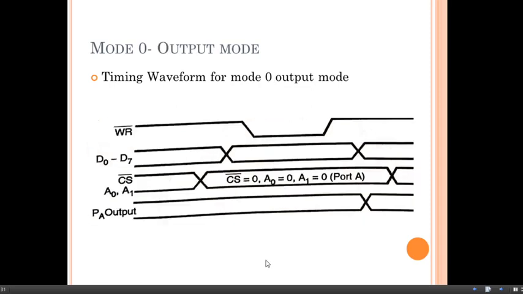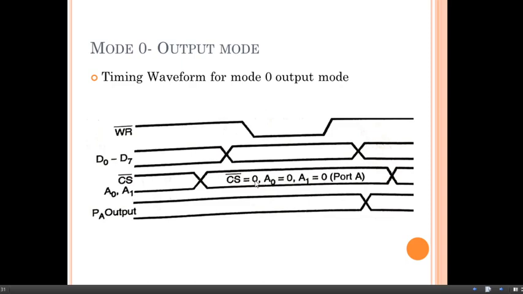Similarly, we can design 8255 in output mode by selecting the appropriate control register. Now when CPU wants to send some data on the output port, initially the CPU will first send the address of port on which the data has to be sent, along with that CS bar signal is also sent. So this CS bar, A0 and A1 will select the appropriate port as output port.